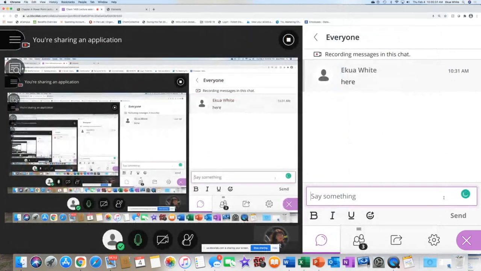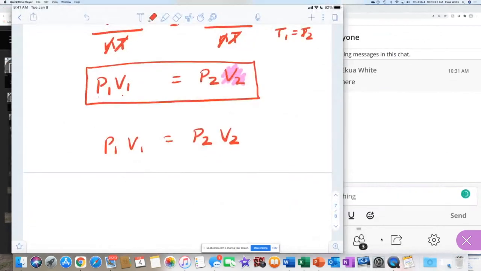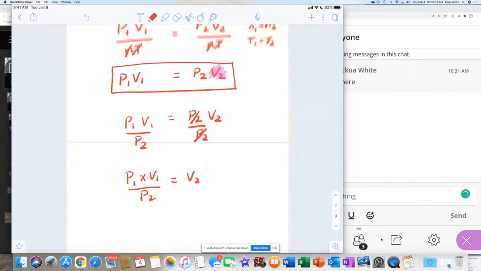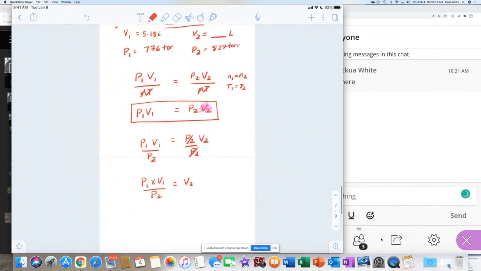Anyway, to get V2 by itself, divide P2 both sides. P2, P2 cancels out, right? And then we're left with P1 times V1 divided by P2 equal V2. Okay, now all I need is my numbers. So I'm going to scroll down here so I can get my numbers. P1 is